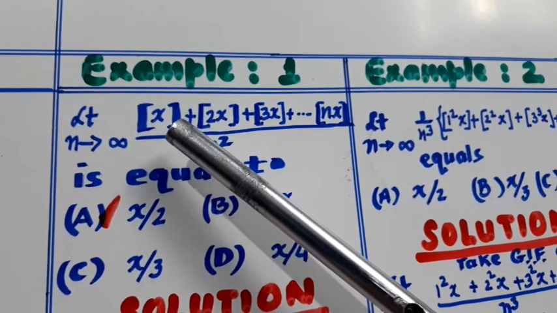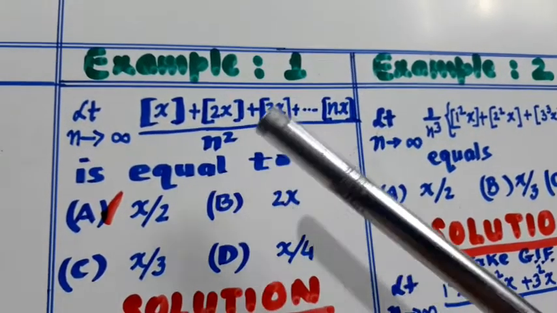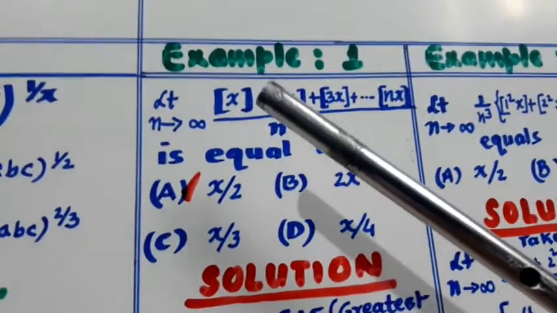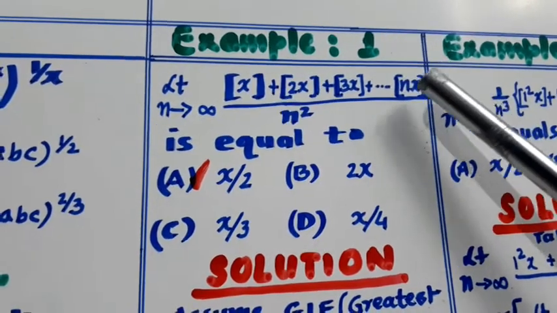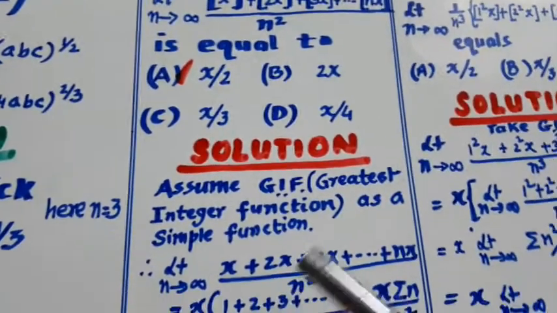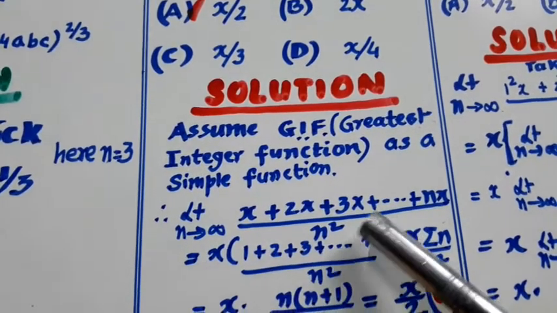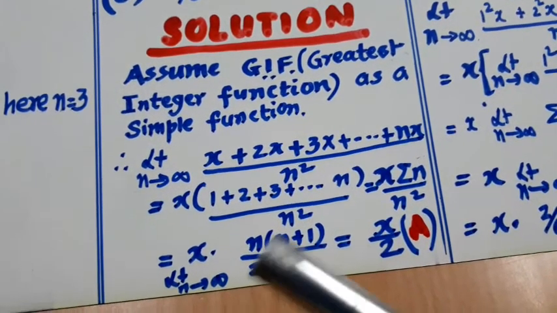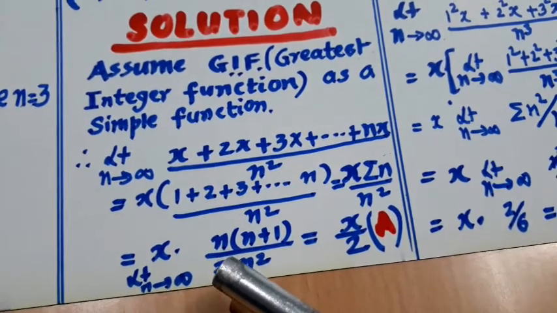So this is x, this is 2x, this is 3x, this is nx over n square is equal to, we have to choose one of the options. अब देखिए आप बिल्कुल आपको इसको सिंपल x मान लो, इसको 2x मान लो, इसको 3x मान लो, राइट. सो सिंपल आपने फंक्शंस मान लेने हैं. तो यहाँ पे देखते हैं क्या बन जाता है. x प्लस 2x प्लस 3x प्लस nx ओवर n स्क्वायर। x कॉमन ले लो, ये बन गया सिग्मा n ओवर n स्क्वायर। सिग्मा n यू नो n बाई टू इंटू n प्लस वन बाई टू। नीचे n स्क्वायर है, ये n स्क्वायर इससे कट जाएगा एंड दी आंसर विल कम x बाई टू। क्वेश्चन इज डन।